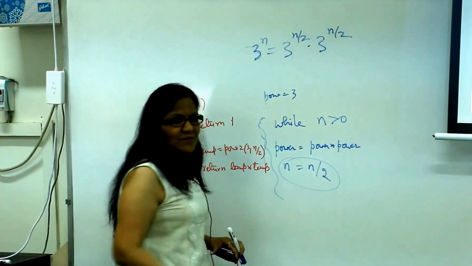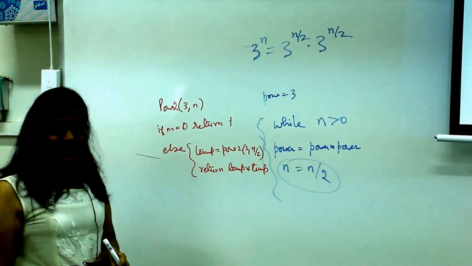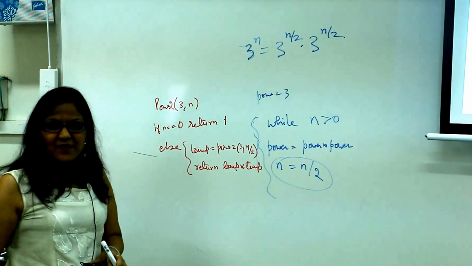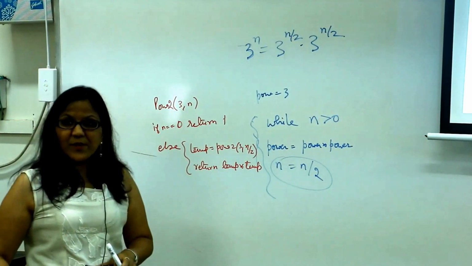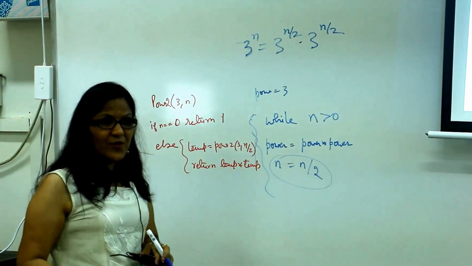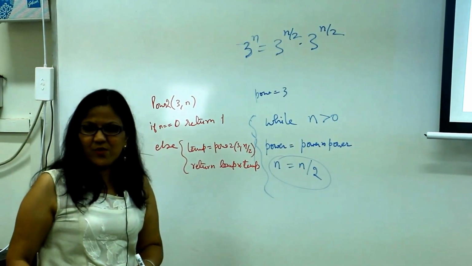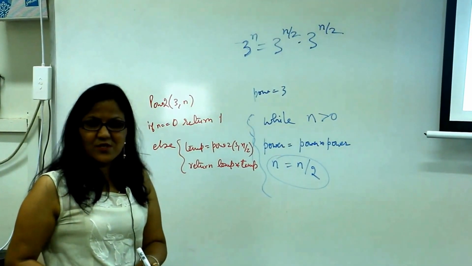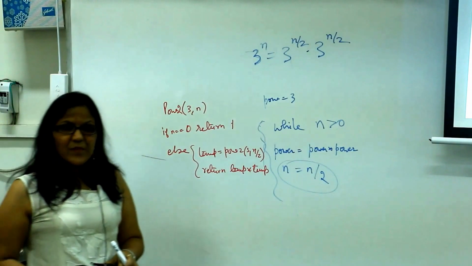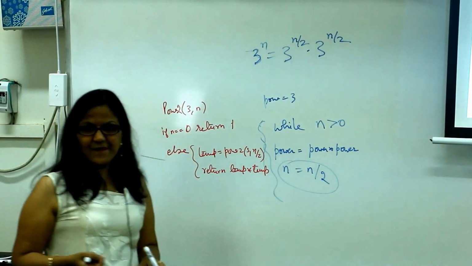Now this, how do you convince? It's difficult to convince, right? You need some mathematics. If n becomes n by 2 each time, then this will run in log n time, and if it runs in log n time, then it will first compute 3 squared, then 3 to the power 2 squared, and so on. So that kind of argument will be required, which may be convincing, but not immediately, not in a flip of a finger. It will take a little while to convince. So recursion is easy to convince, easy to see the correctness of the algorithm. Okay?